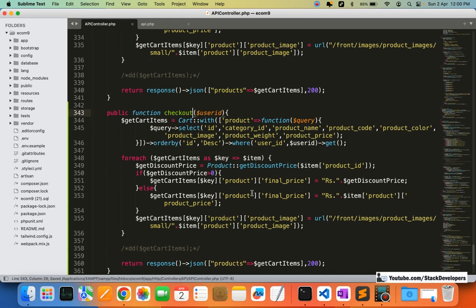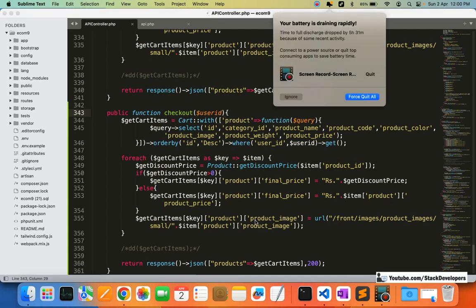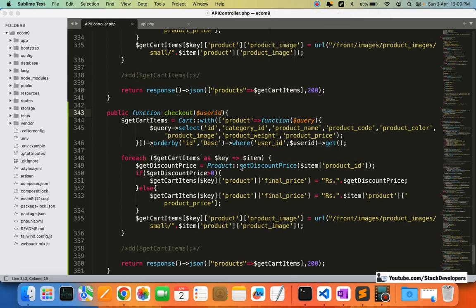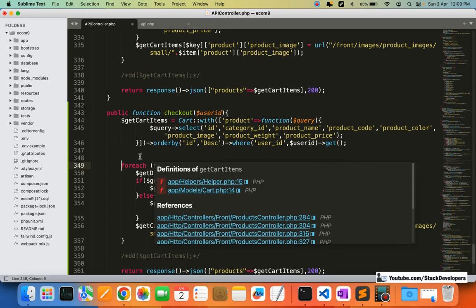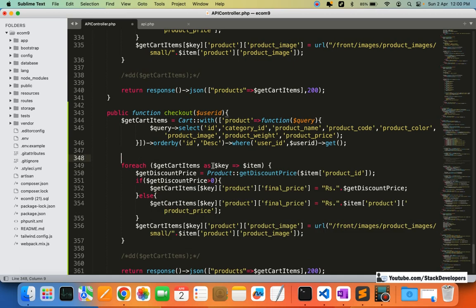Okay, so I'm going to use these products as well. And after this one, a few things that I require: the total price. I require to fetch the total price here. So first of all I will assign the total price as 0. Okay, here total price because we want to show the total price as well in the checkout page. So here the total price is 0. So we are going to increment this total price